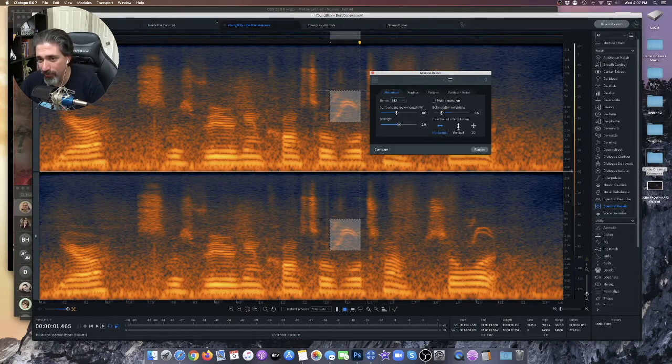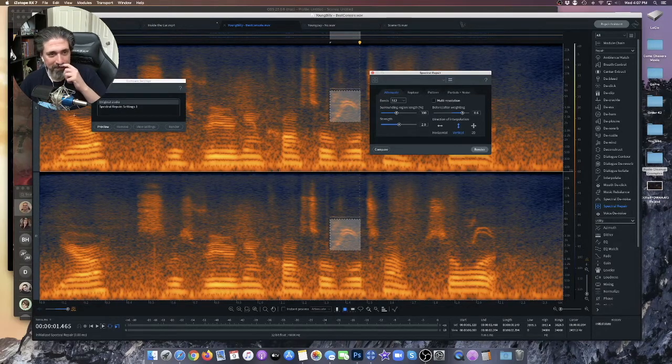Now I can also do it vertically like this. And that sometimes will work, but it's a lot of trial and error, to see what the best thing to do is. I'm going to do vertical just to give it a shot. We're going to hit compare. So here's the original audio and the spectral repair settings. Now with the settings applied,